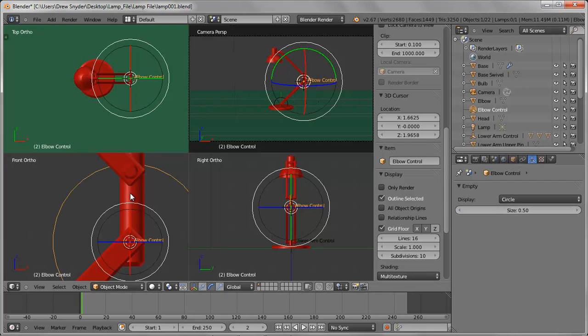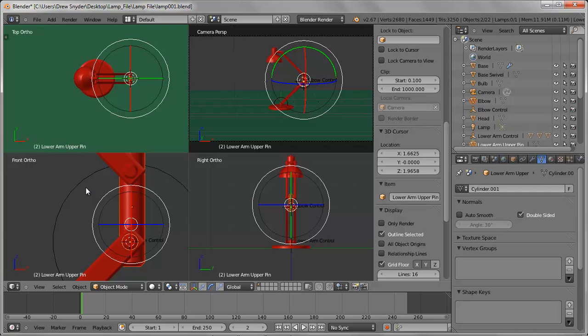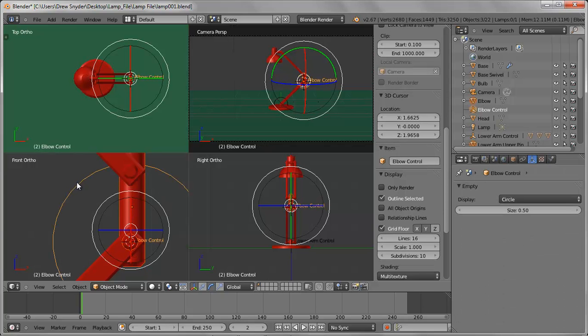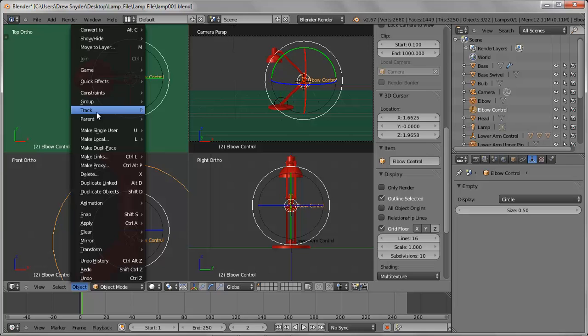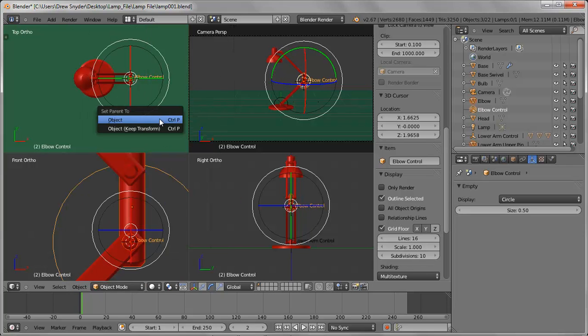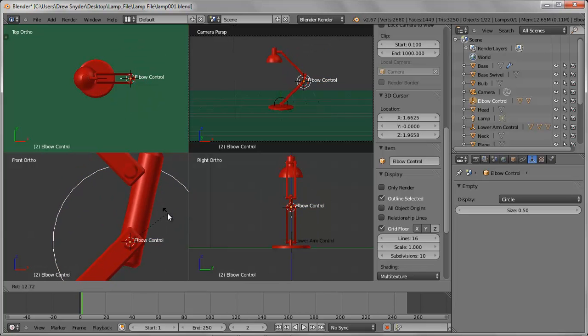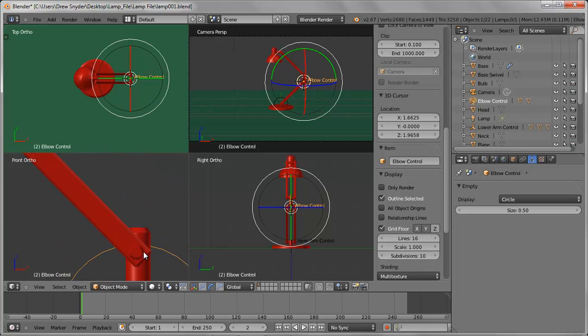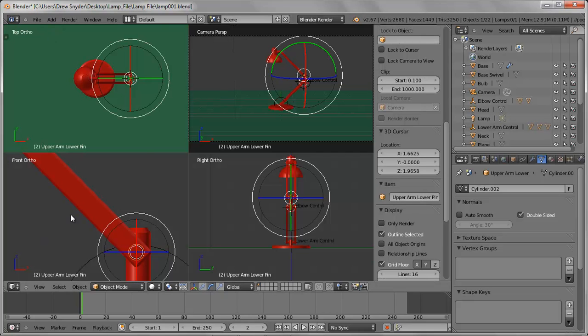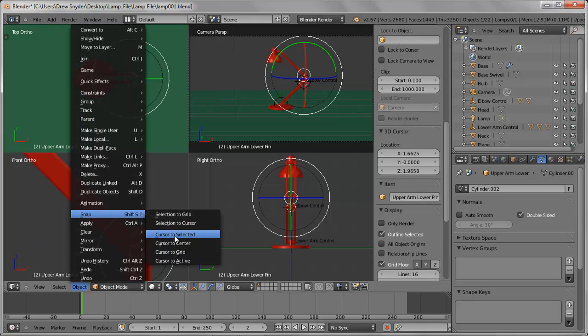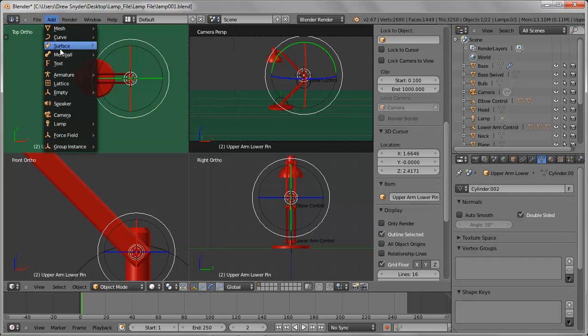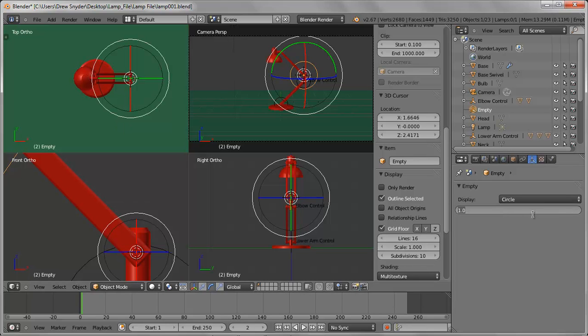And then select the elbow, the pin, and then select the elbow control and parent all those together. Parent object, object, there we go. And then just deselect and select the control and rotate and confirm that everything goes along for the ride. Do the same thing with the top elbow. So once again, object, snap, cursor to center, add empty circle, knock this down to 0.5,